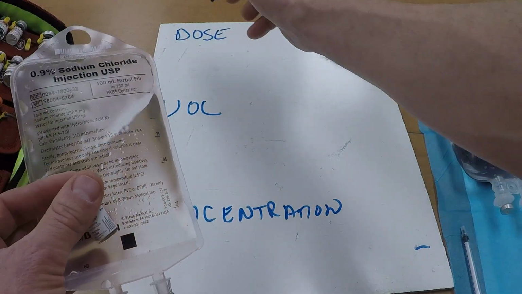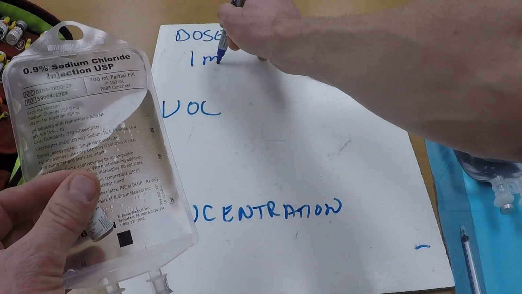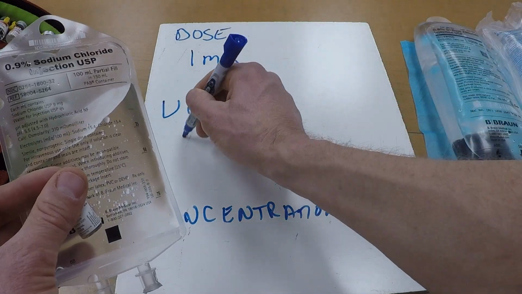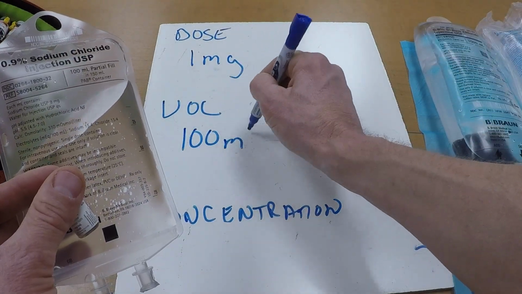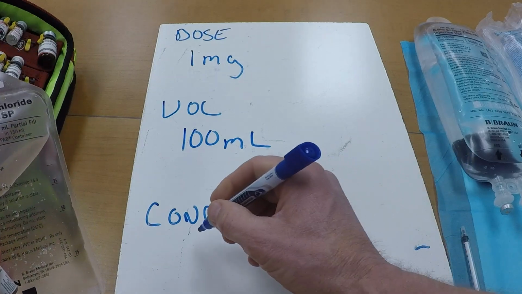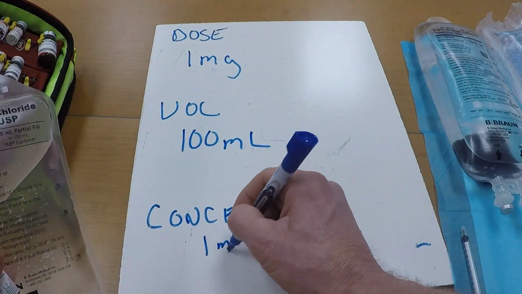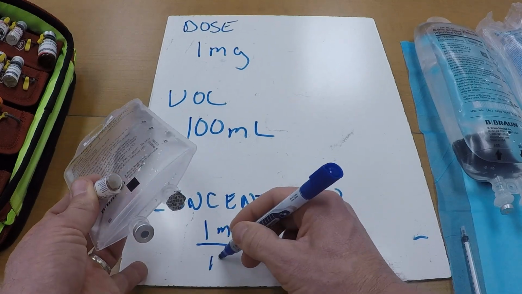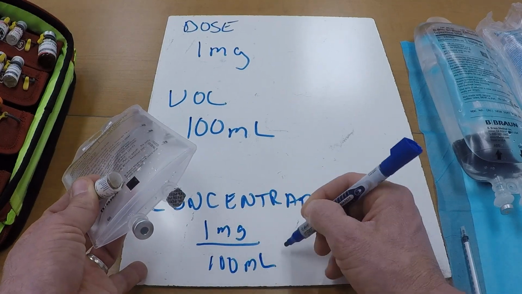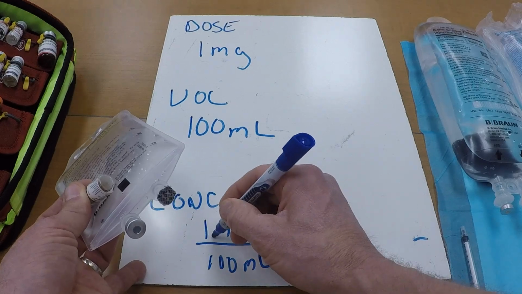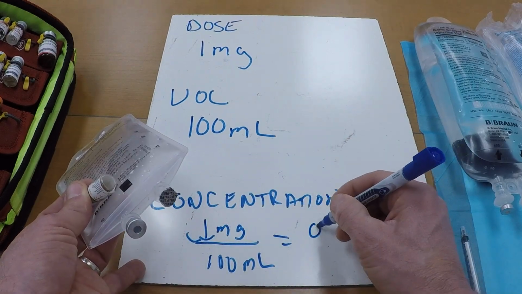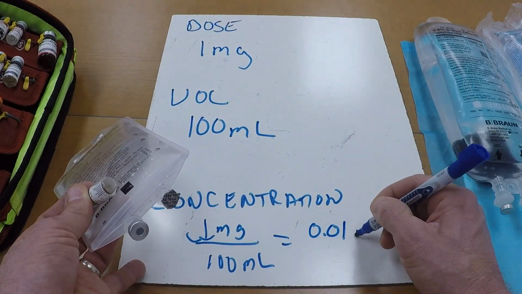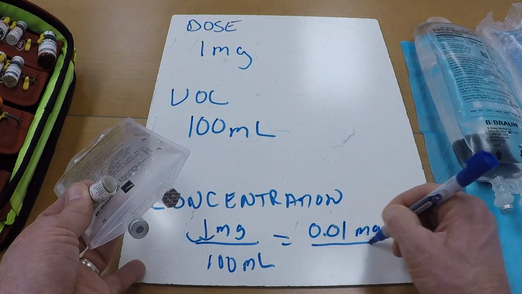And now we have 1 milligram in 100 milliliters, which makes this concentration, move the decimal point over, 0.01 milligrams